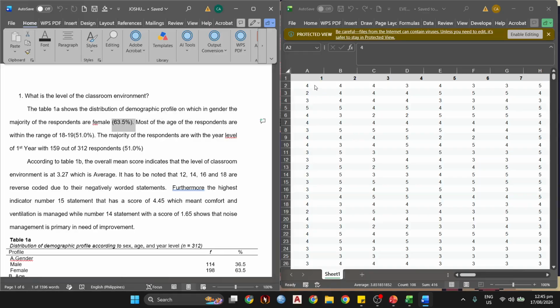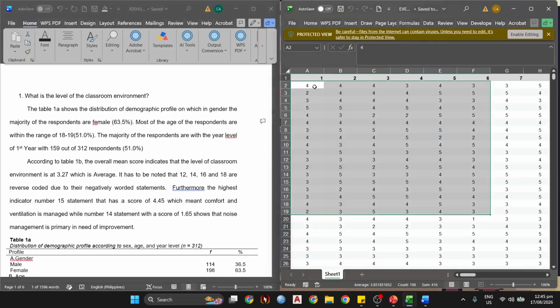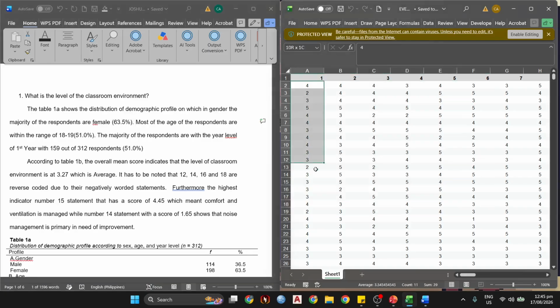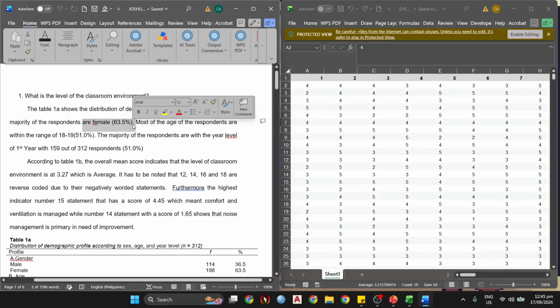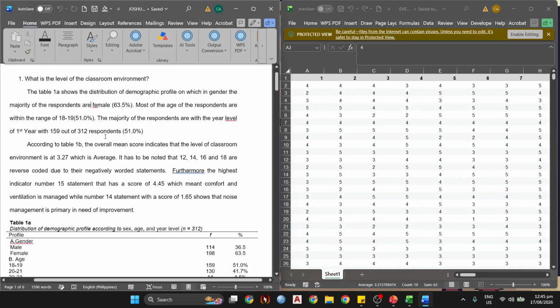So you could just transmit the codes that you have here in order to translate it into the code for the gender, which is female, 63.5%, and the age range is 18 to 19. So majority of the respondents are in first year because of the age range as well as backed up by the actual choice in the year level.